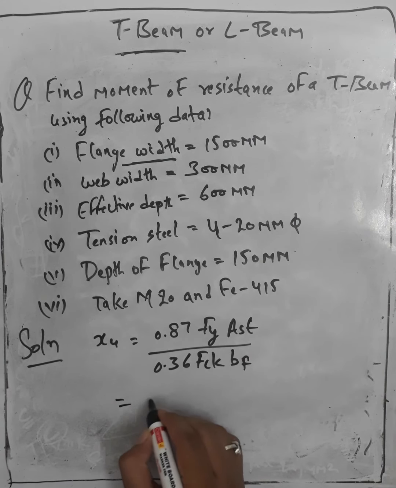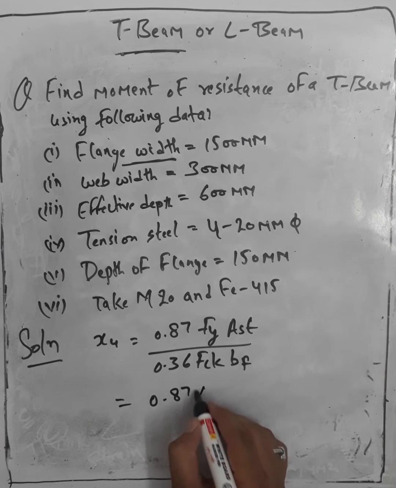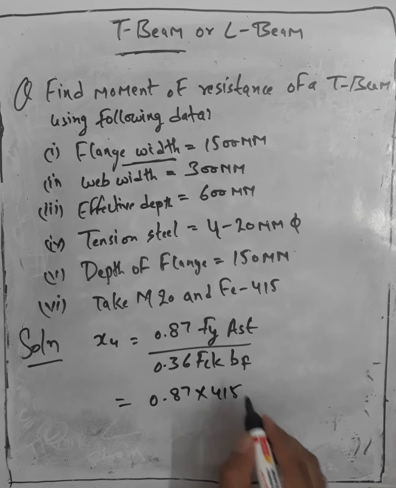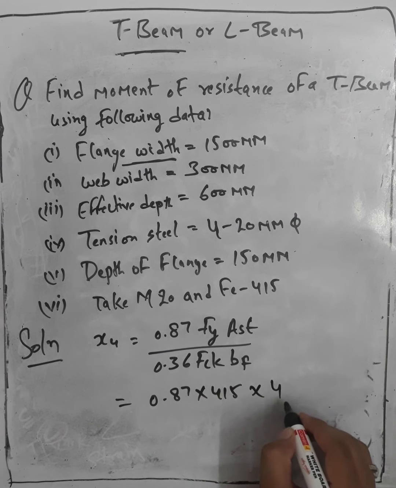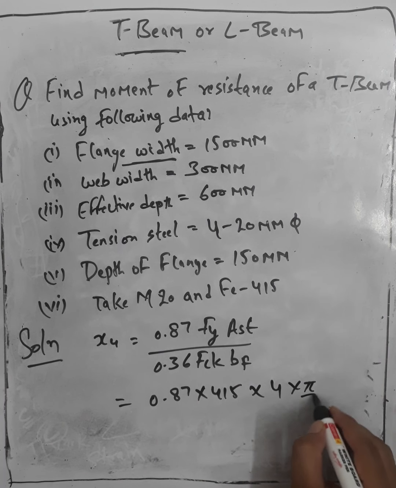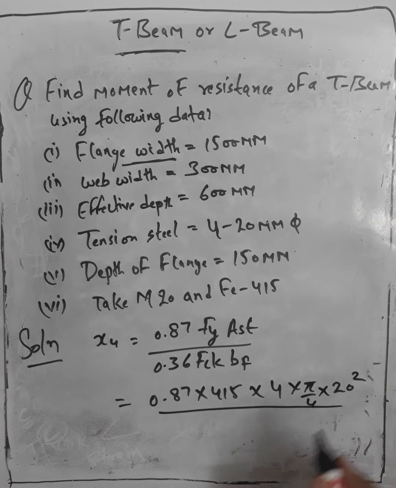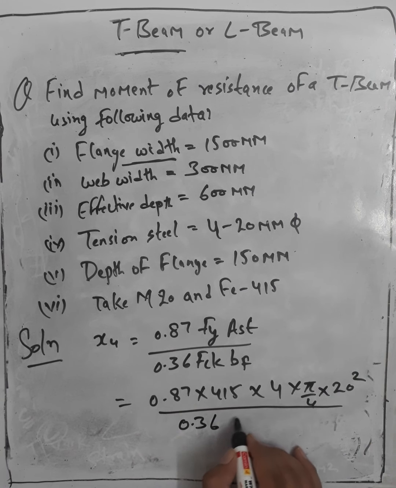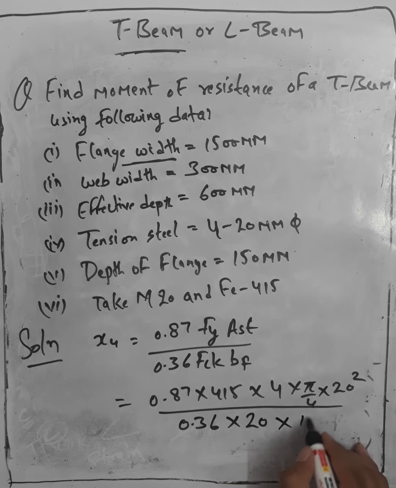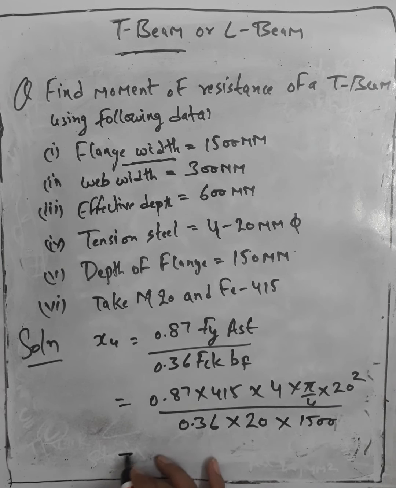Now here we have 0.87 into Fy is 415, AST is 4 bars of 20 mm dia, divided by 0.36 into FCK is 20 and BF is 1500. So when you solve this equation, you get 41.98 mm